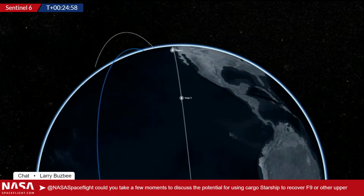Oh, that's interesting. I'm not sure, I've heard this suggestion before. I'm sure it's been out there. That's a good question. So we have talked about how Starship obviously has the capability to go out to orbit, rendezvous with something, and then bring it back to Earth. The space shuttle did some similar things, but to recover a spent F